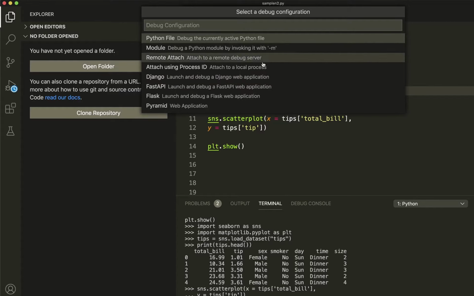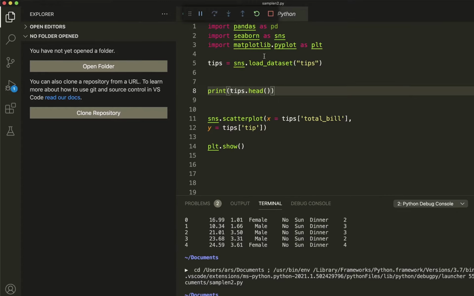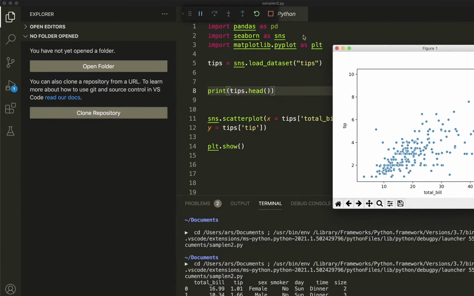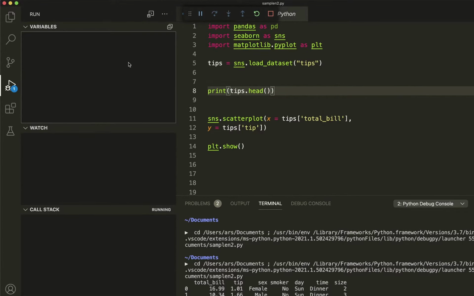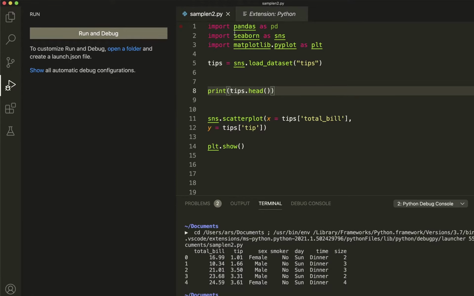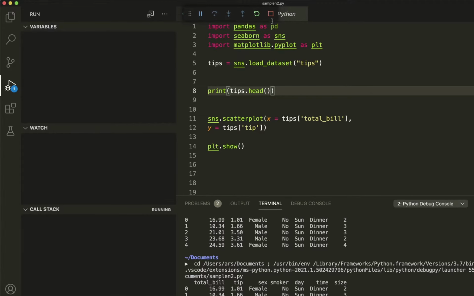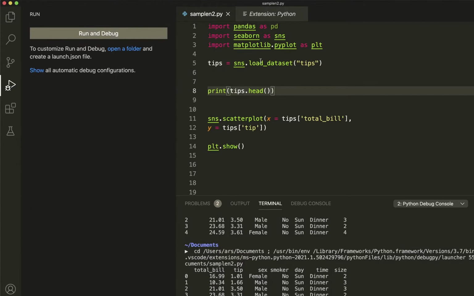Once you start debugging, this is what you would see. Click the Python file, and the file is automatically selected in this case, and then you would see the debugger mode. You can keep the plot aside and look at the debugger mode, which is here. You don't see any variable in here. Even if you do it again, you wouldn't necessarily see anything here. Because you have not set up any breakpoints, you actually cannot see anything.